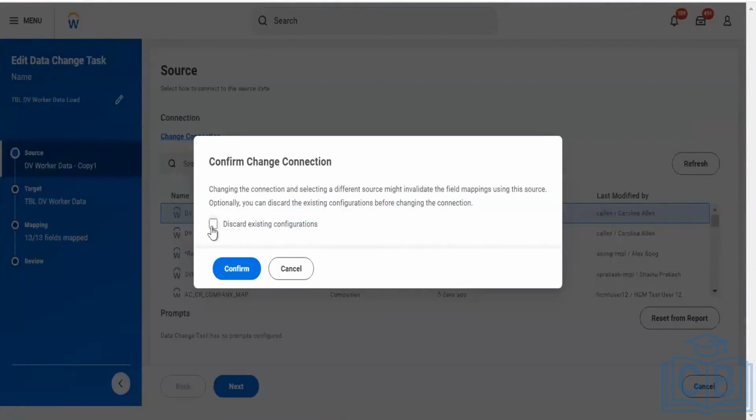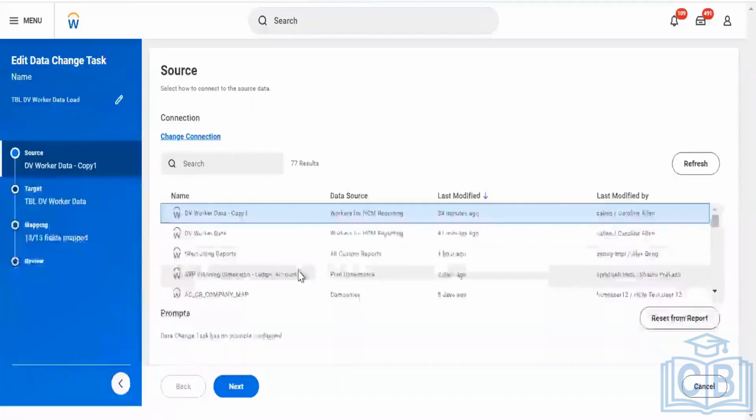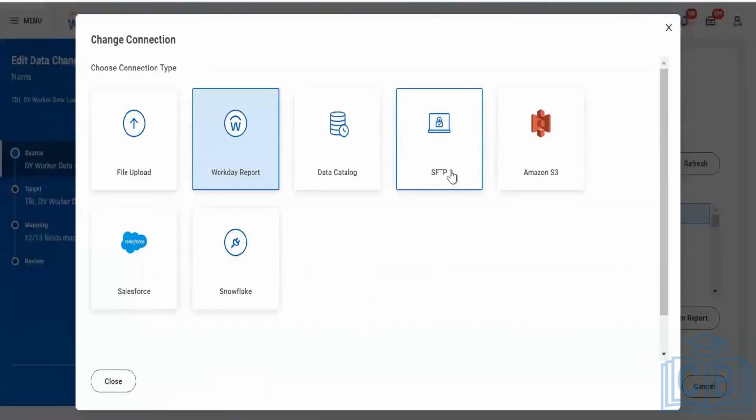It's asking that previously a report was selected and now you're using this FTP. It might be different. Do you want to go ahead and discard the existing configuration? I can confirm. But I know that in SFTP I haven't entered any real data, I've entered dummy data. It won't work. I will cancel. But I can use this connection to connect with FTP as